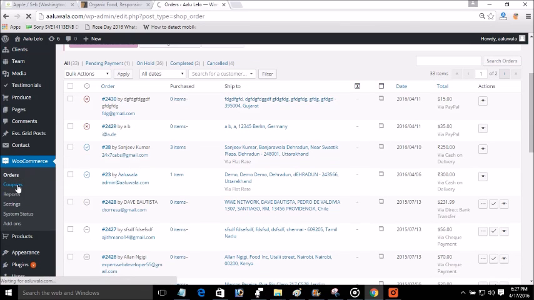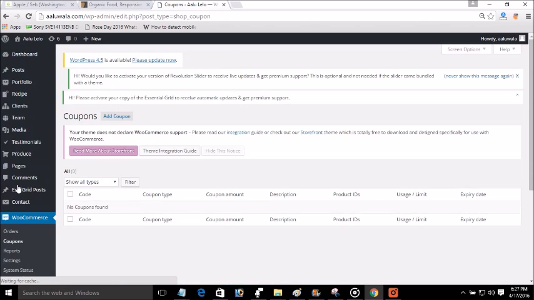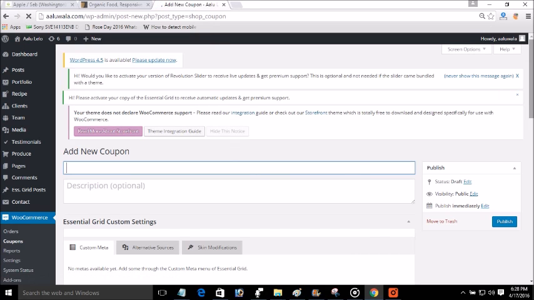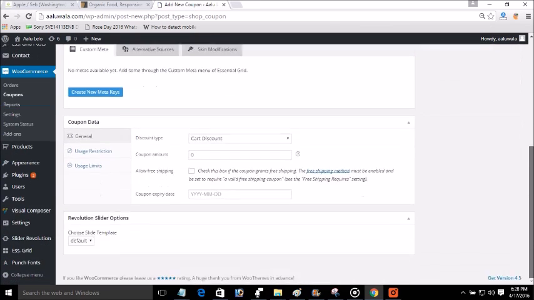And you can also generate custom coupons to give different discounts. Suppose a customer buys a value of 5,000 and he is getting 10% off on a minimum shopping of 5,000, so you can generate a coupon for that. Here, by giving the coupon name and the discount and all that, you can do this very easily, and the expiration date as well.